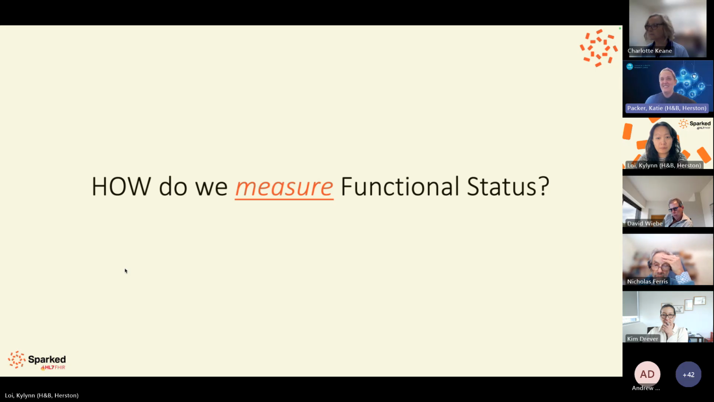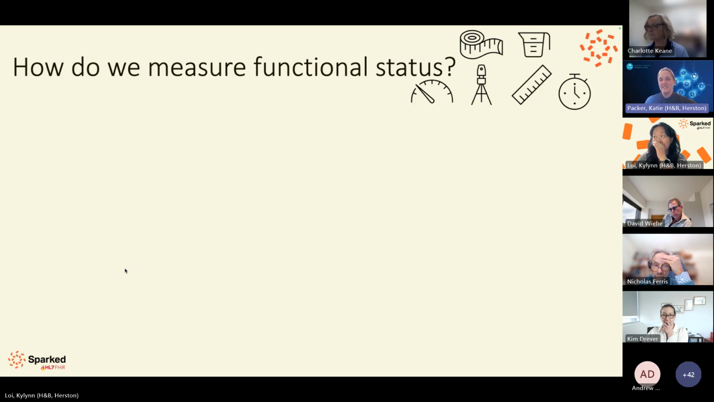So if we go to the next slide, to give a little bit of background context, one of the reasons they brought me in today to talk a little bit about this was that I've just recently undergone a project where we looked at the measurement tools that are used to measure function. And so the reason we did this project, if you go to the next slide,